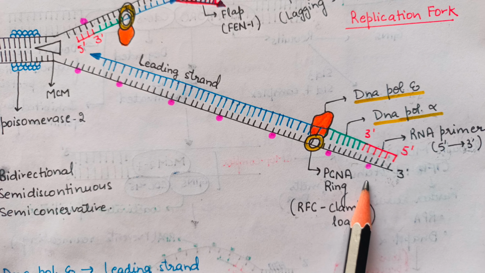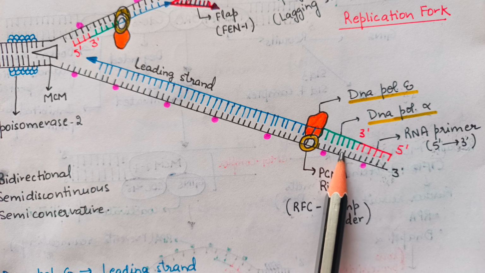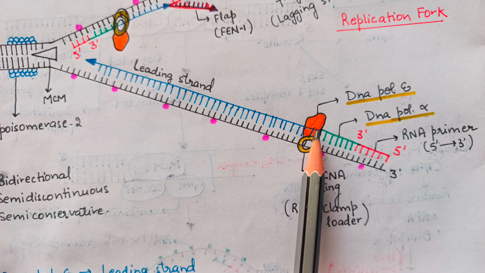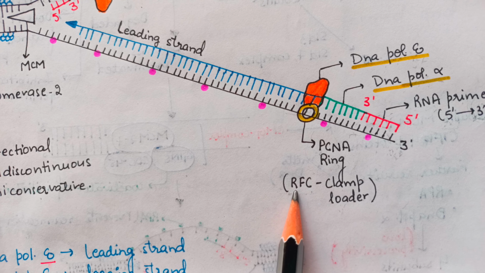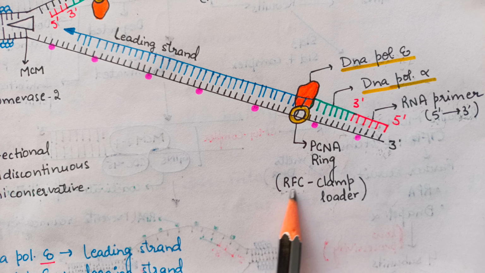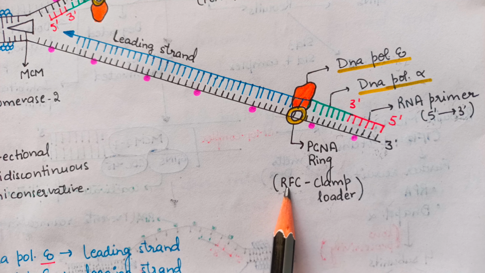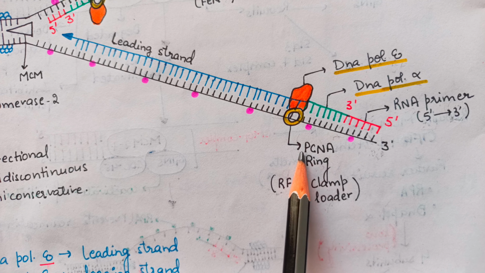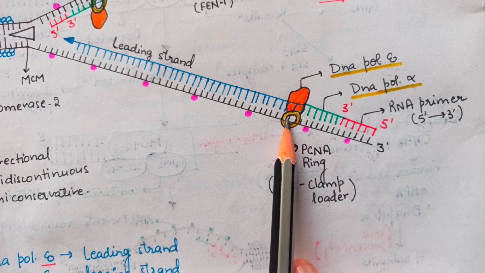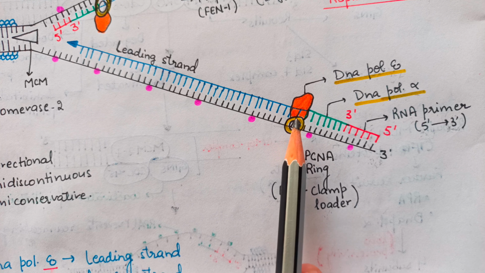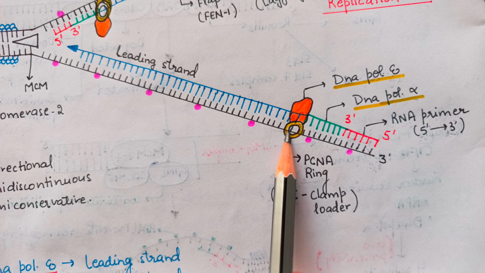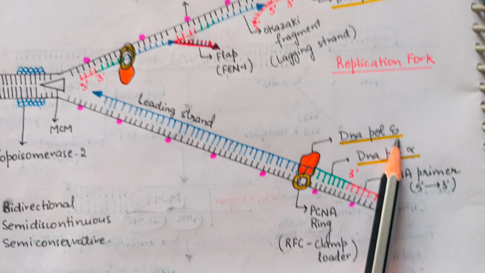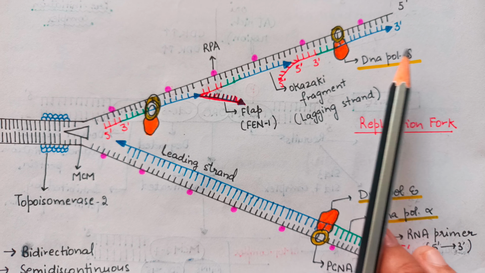This ring is actually a clamp that holds the parent DNA and helps to recruit new nucleotides by base pairing. Now this PCNA ring is loaded by a clamp loader called RFC. RFC is replication factor C. Replication factor C is a clamp loader that brings the PCNA ring to the parent template. So this is present in both DNA polymerase epsilon and DNA polymerase delta. This ring helps in the